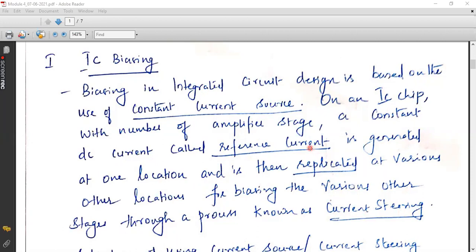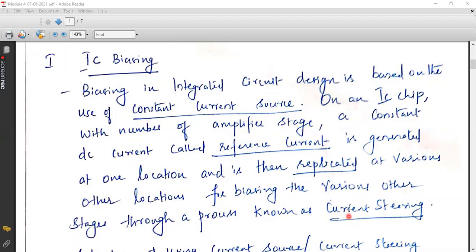Again, I am explaining. In an IC we will have a number of amplifier stages connected together, and each amplifier stage will require its own current for biasing purpose. So it is very tedious to design a separate biasing circuit for each stage. Again, that IC will become more complex, power dissipation will be more, and while using this IC for a period of time, it will get heated up and it will get damaged. That should not take place. Always the power dissipation should be minimized, the heat dissipation should be minimized.